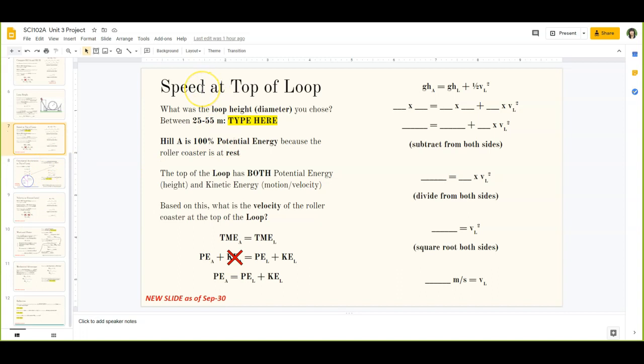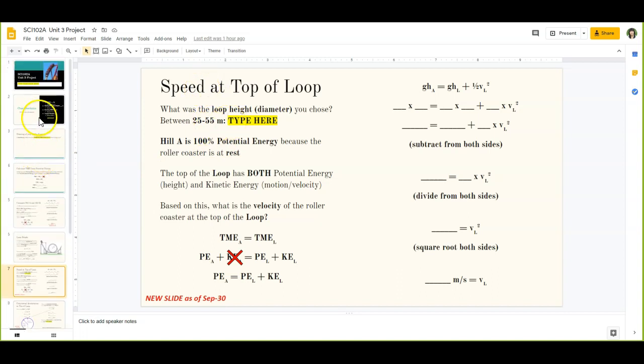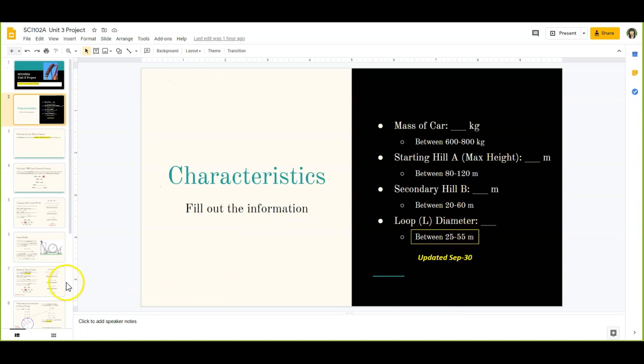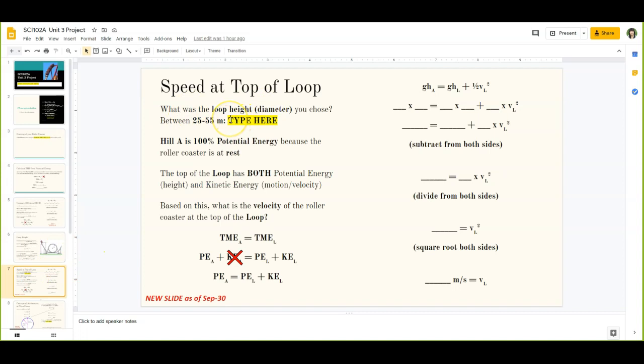All right, so now we're going to talk about the speed at the top of the loop. Remember, you should choose a new loop height between 25 and 55 meters. Make sure whatever you put on slide 2 matches here on slide 7. Now remember that hill A is 100% potential energy because the roller coaster was at rest. So you'll see right here that we crossed out the kinetic energy for hill A, our starting hill, because we